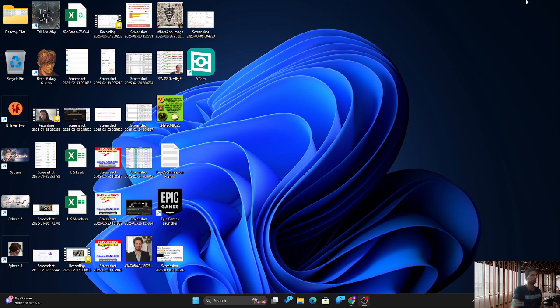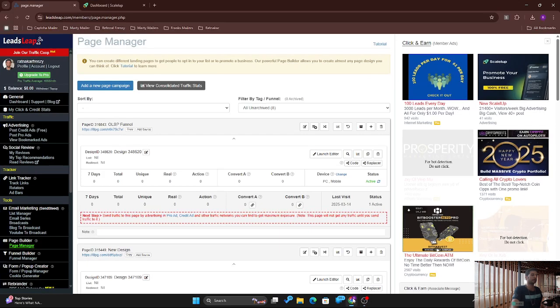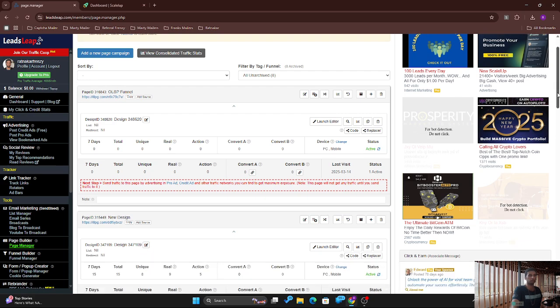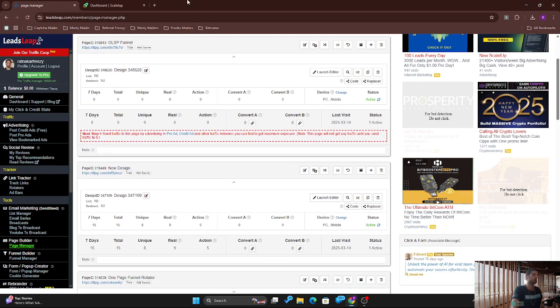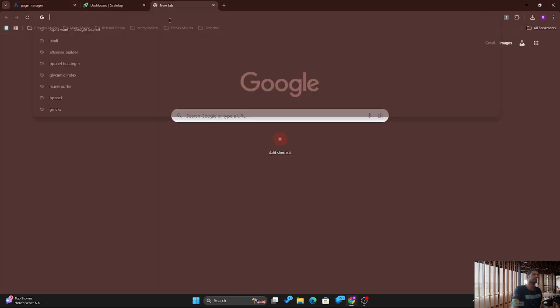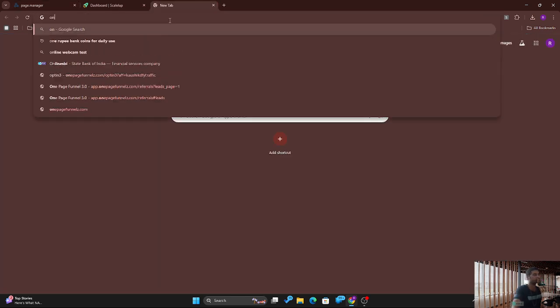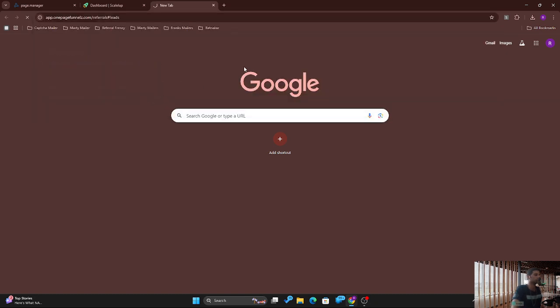So we'll just start with today's training. Today's training will be on Leadsleap and how to use it to make pages for the SNT traffic. The SNT traffic, as you know, is actually part of your one-page funnel dashboard. So if I go inside my dashboard